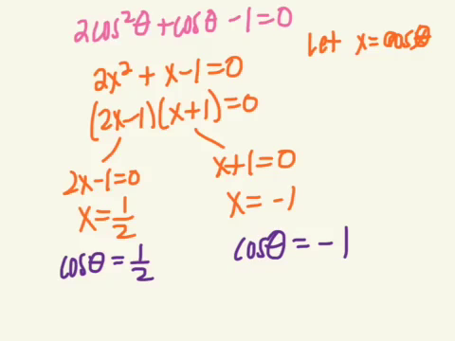And we just need to use our unit circle to figure out the solutions to this quadratic. Alright, so cosine is going to be positive in the first quadrant, and then cosine is also going to be positive in the fourth. So we're going to look first and fourth for our answers. Cosine's only going to equal negative 1 one time, and it's going to be at a quadrantal. So if we use our unit circle,